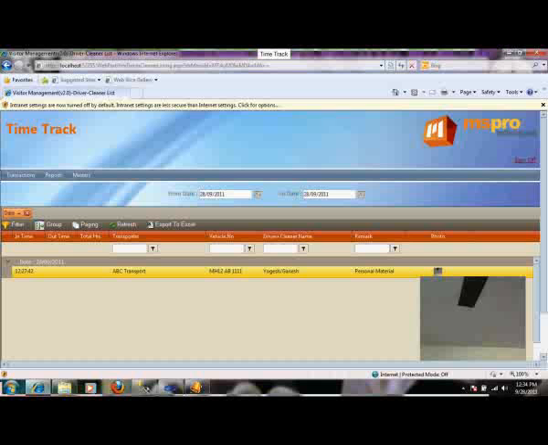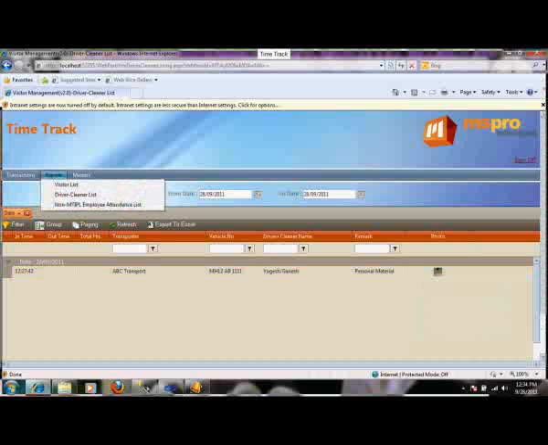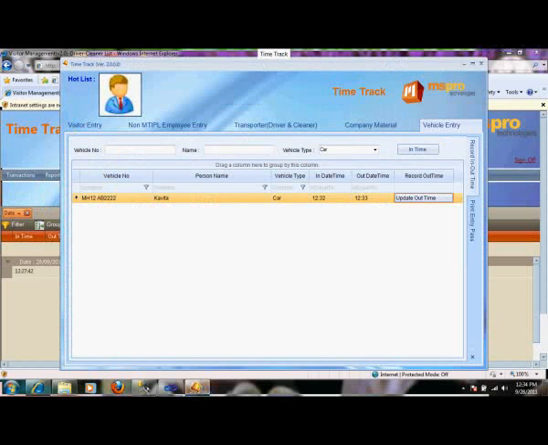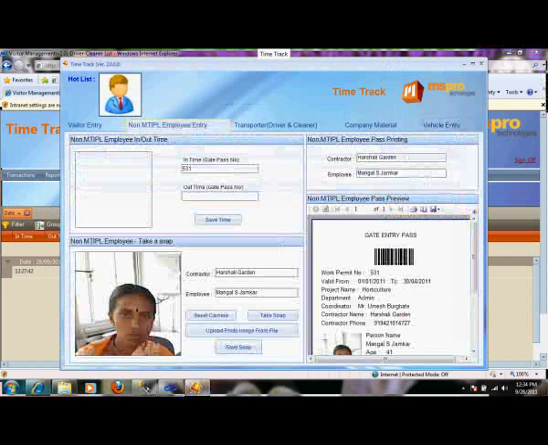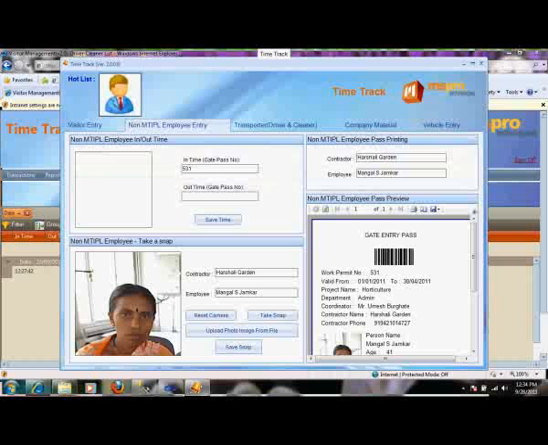In the same way, the driver and cleaner list will appear as MIS. Now the thumbnail image is blown up to the full scale image after highlighting the particular driver or cleaner name. That's how you can search who the drivers are, or which vehicle is currently in the premises. This was pertaining to the vehicle or, say, transporter in our driver cleaner list. And the non-MTIPL employee attendance list, again, is for the contractual employees who are entering the premises.